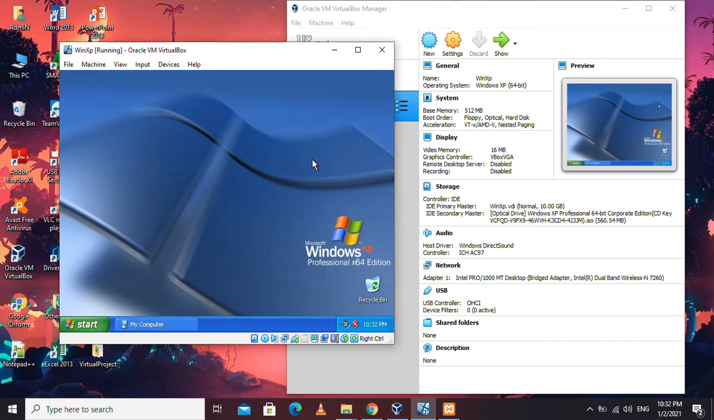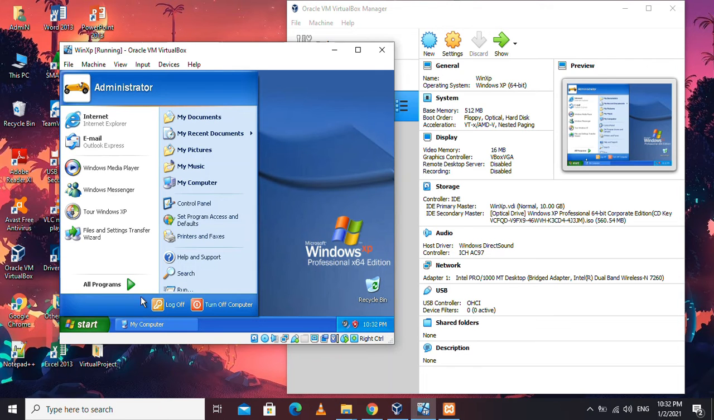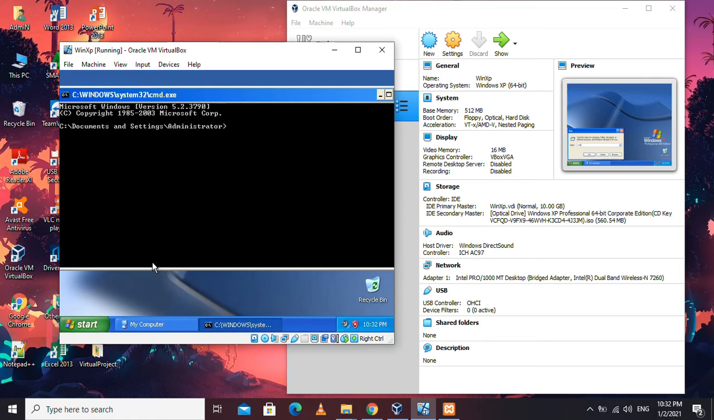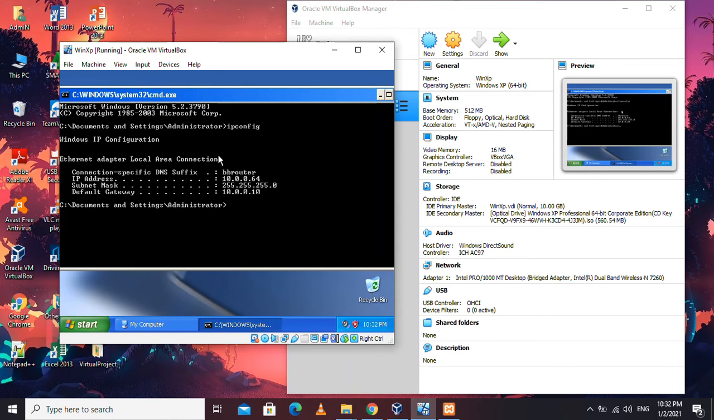Now here you need to go to the start and go find the CMD, type CMD and press OK. Now we need to know the IP address of our virtual machine. Just type ipconfig, and as you see, the IP address of our virtual machine is 10.0.0.64, and now we are going to the host,